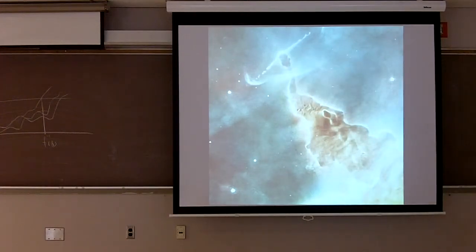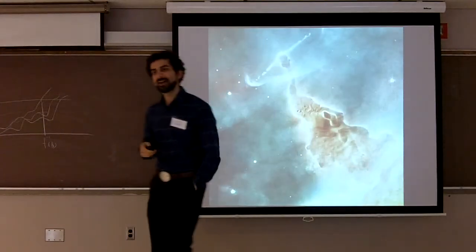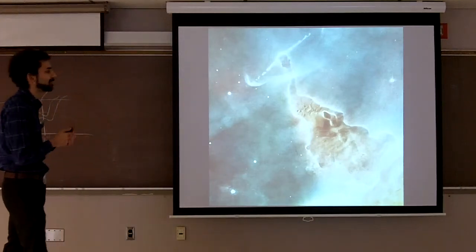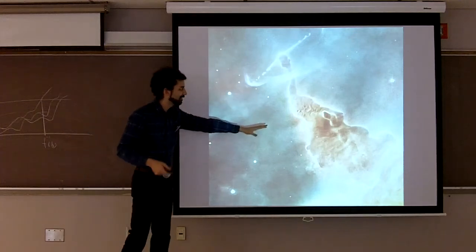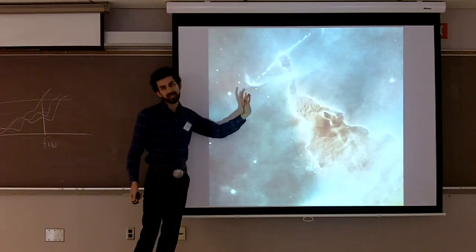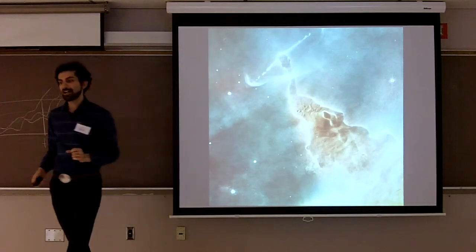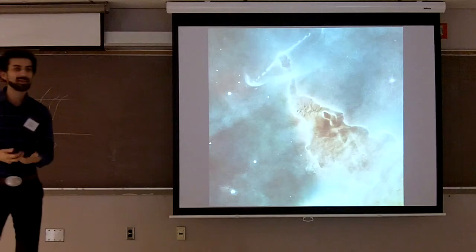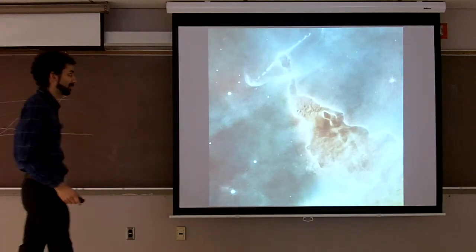I think the thing to stress here is that there's morphological information here. There's information embedded in this gas, in these images, that isn't just about the spectroscopy. It's not just about how many stars there are or where they are. It really encompasses a lot of shape information. These things are called Herbig-Haro objects, bow shocks. And that's the sort of thing that we want to be able to say: how many of those are there? Where are they? That's a big challenge.